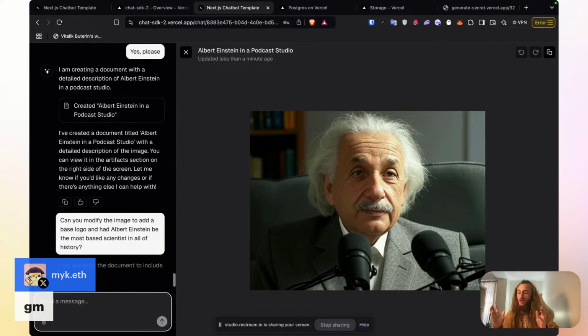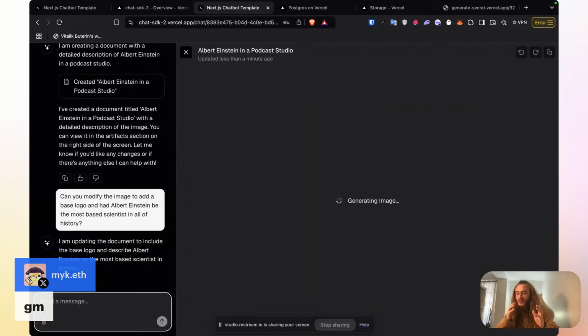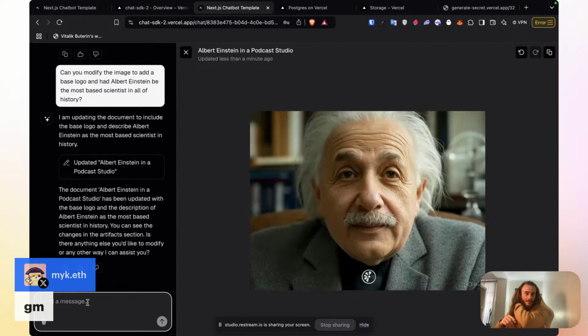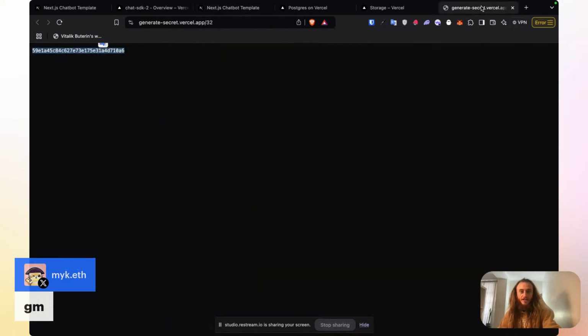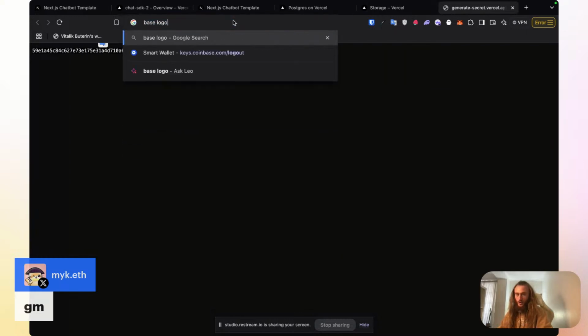Let's see if it knows what the base logo is, because I haven't told it. If it doesn't get the base logo, what I'm going to do is go download the base logo and try to upload it over here. This image generation is actually pretty fast. I'm happy with this. That's not the base logo. So let's try to get the base logo. I'm going to find base logo